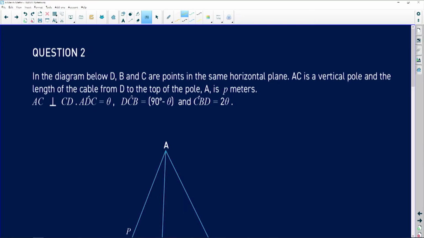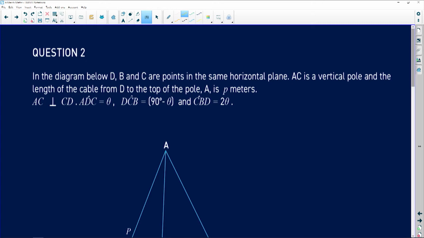So I'm now going to go to our next question, which was sent via social media on the Facebook page of Mindset. Let's go and check what this question is all about. Right, so question 2 says to us here, in the diagram, there's a point D and B and C,